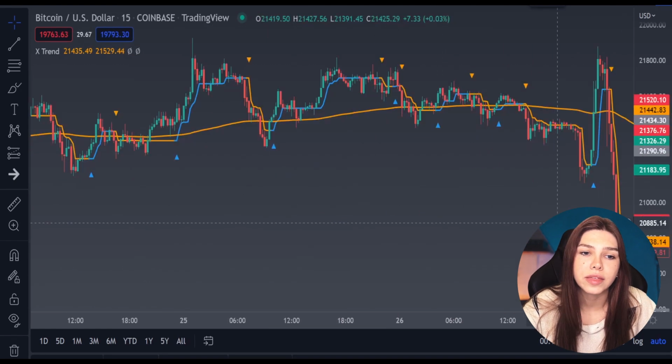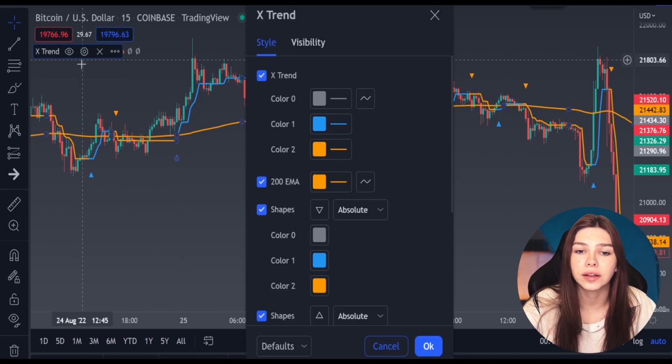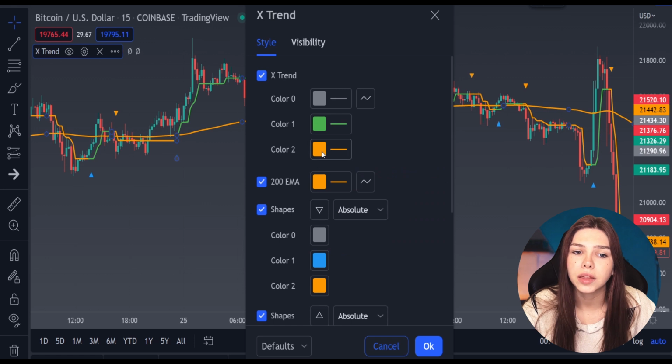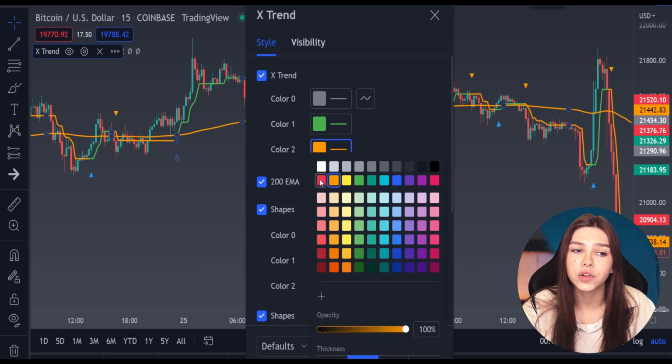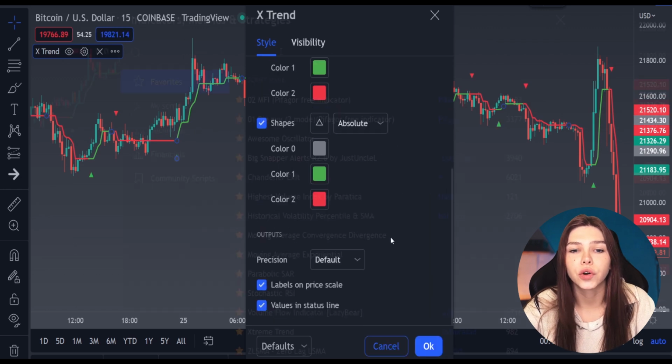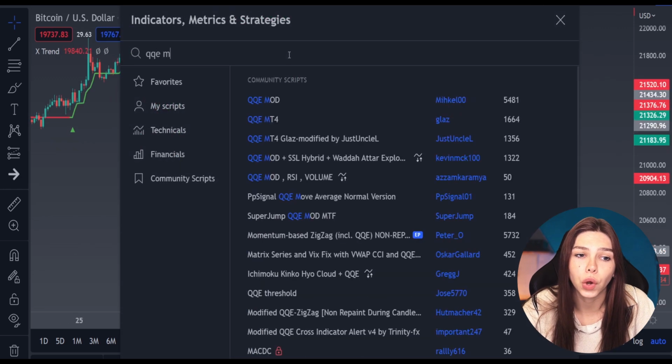We need to modify the indicator before we can use it correctly. The only thing we modify about this indicator are actually the colors. Make the blue colors all green and make the orange colors all red. This is going to help us find buy and sell positions later on. The second indicator that we are going to add is the